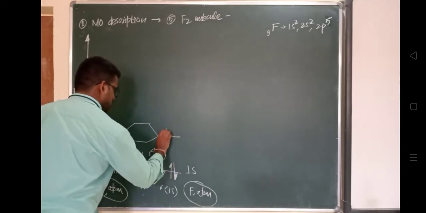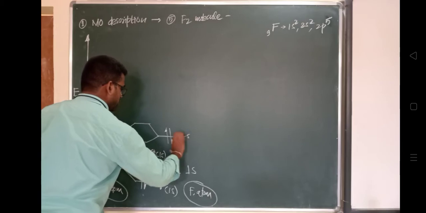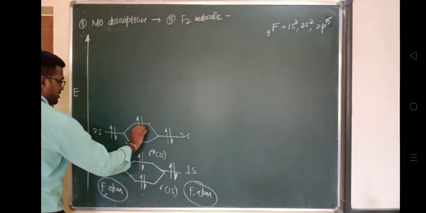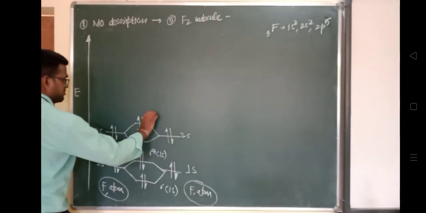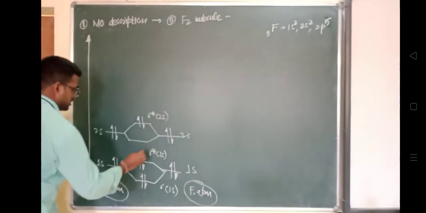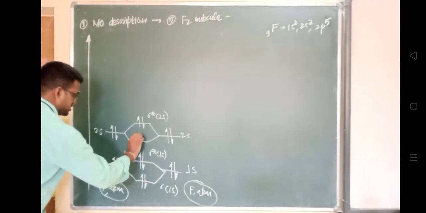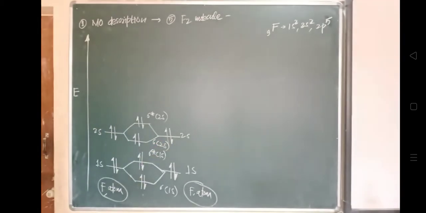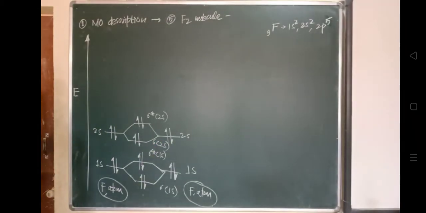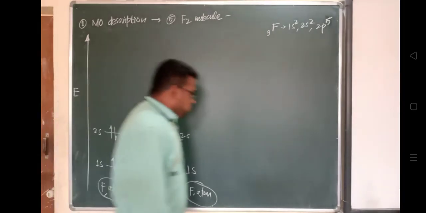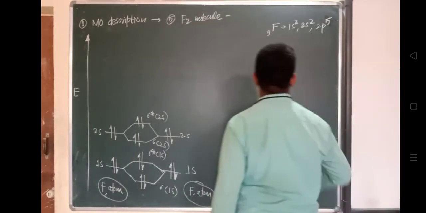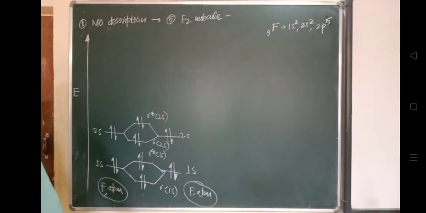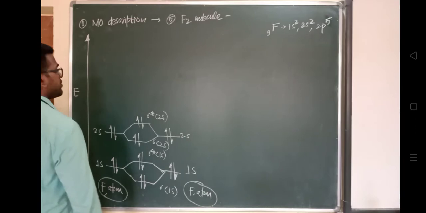This is the 2s orbital. One will form a bonding and one an anti-bonding molecular orbital, which will be represented by sigma star 2s, and the lower one, sigma 2s, the bonding molecular orbital. We have seen this for the other molecules also. Now in the case of the 2p orbital, this 2p5, it has x, y and z orbitals. Two electrons will be present in x and y, and in the z orbital there will be only one electron.